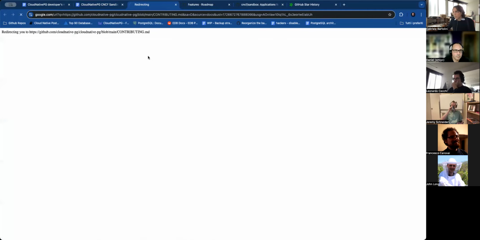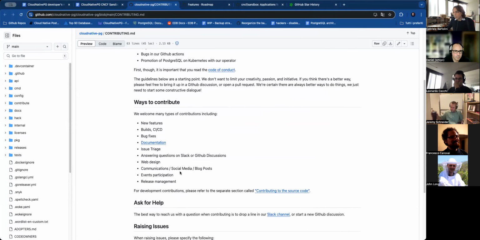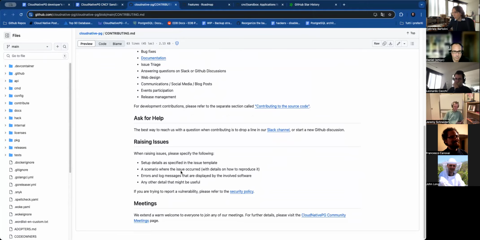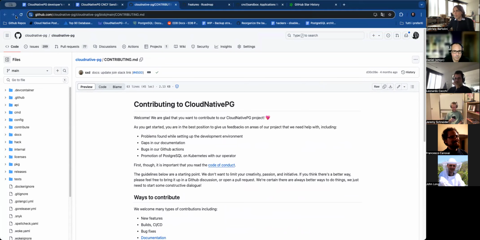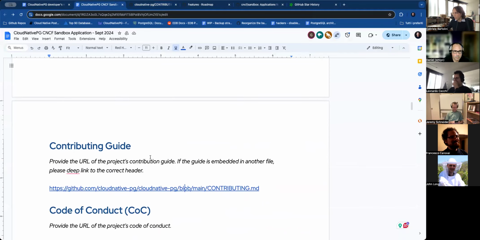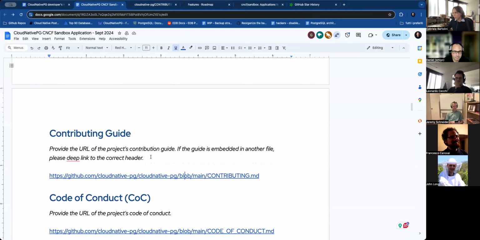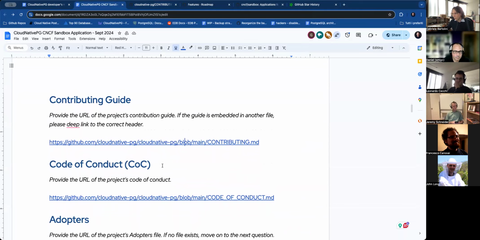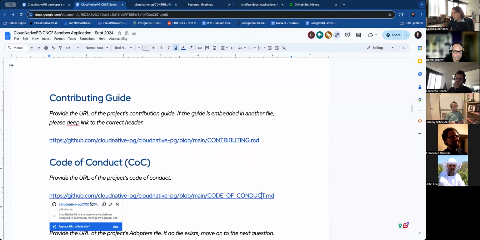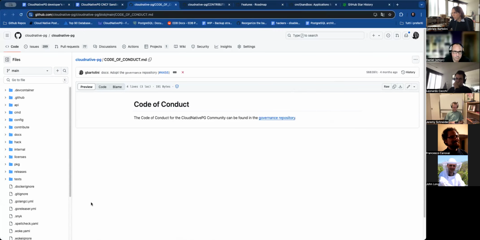Contributing guide. Here we explain how to do it. I wouldn't mind an external or a fresh pair of eyes to review all of this stuff, because maybe we all suffer from fixation error here, that we've been looking at this stuff for so long that we don't see obvious issues. Code of conduct, again, this is especially for Daniel and Jeremy, this is all stuff that